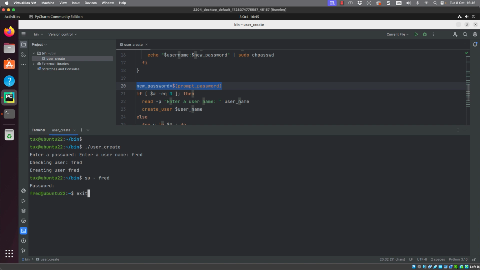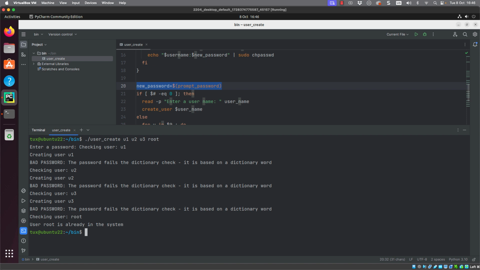You'll see this if I exit out and then go through and run the script with arguments. So we can look at creating, say, user1, user2, user3, and maybe even the root user. Of course, we shouldn't be creating the root user. We're being prompted for our password. I'll set a simple password now. But we can see then that we get those bad password warnings, but the password still will have been set. It just gives me the warning. Ordinary users can't set simple passwords, but the root user can. But take a look down the bottom. We check the user root. It is already there, so we don't create the user.